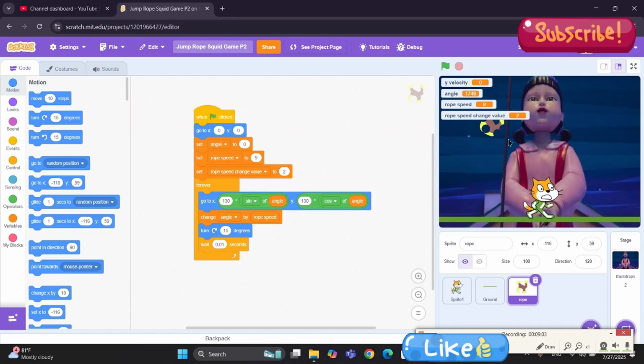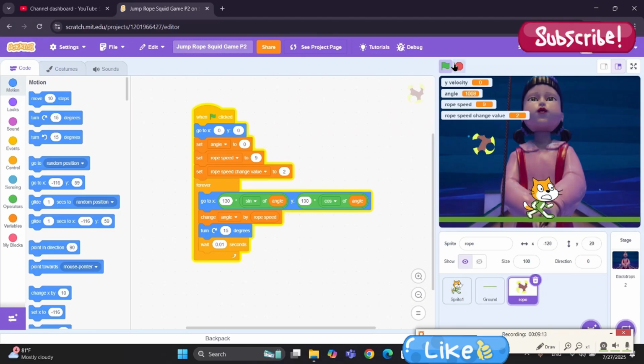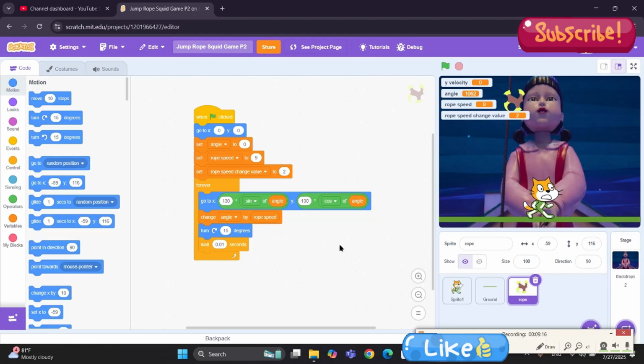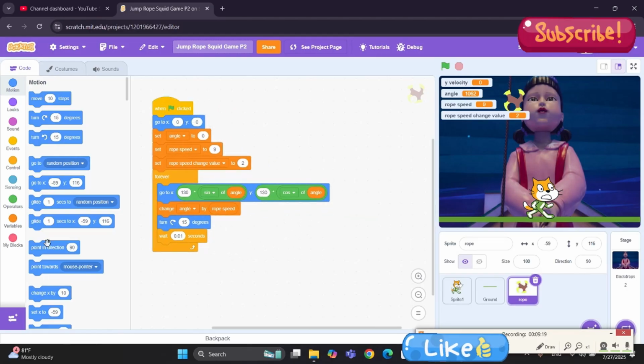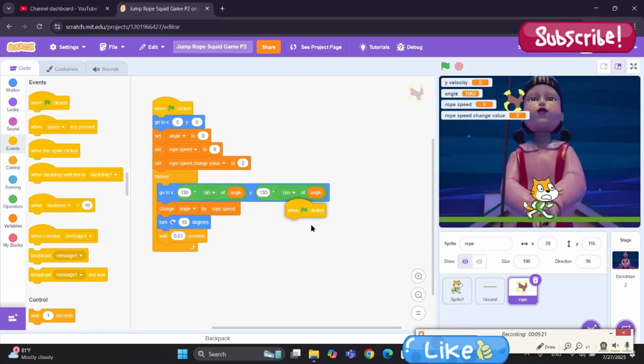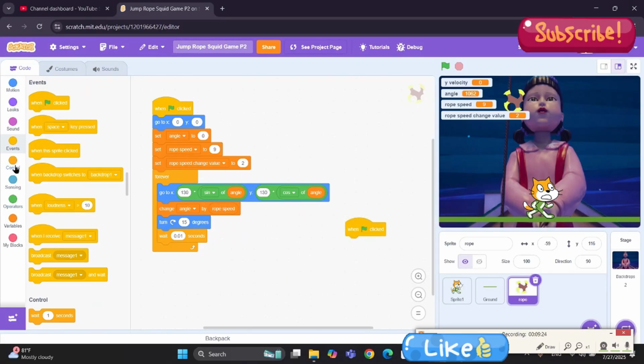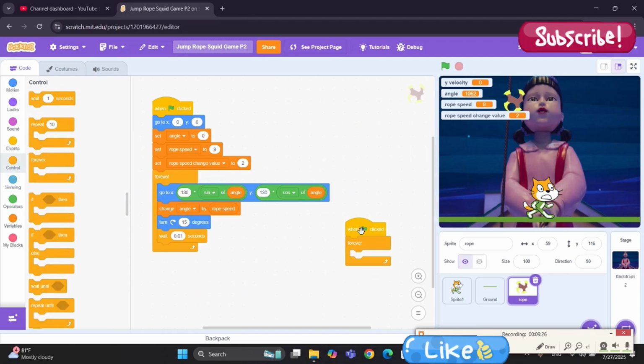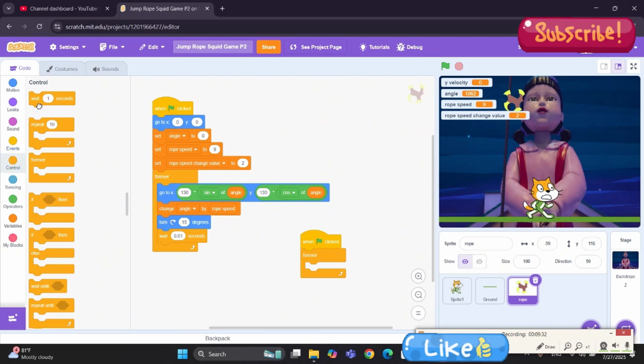And next we want to make our game challenging. So if the speed is like this, the same speed, then it's not very challenging. So let's increase the speed every time. For that, let's go to the events menu, drag a when green flag clicked block, and next let's go to the control menu and drag a forever loop, and let's go to the control menu and drag a wait block first, and we are going to wait 5 seconds,